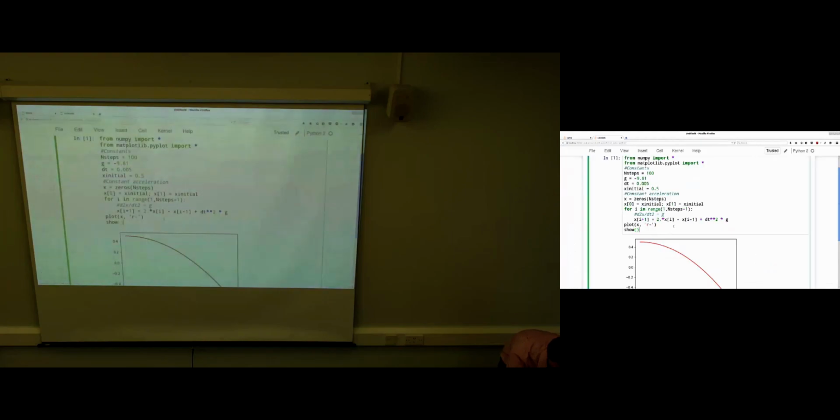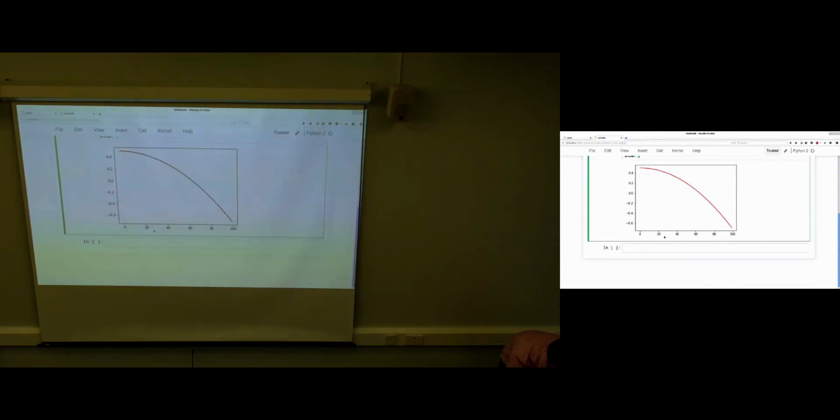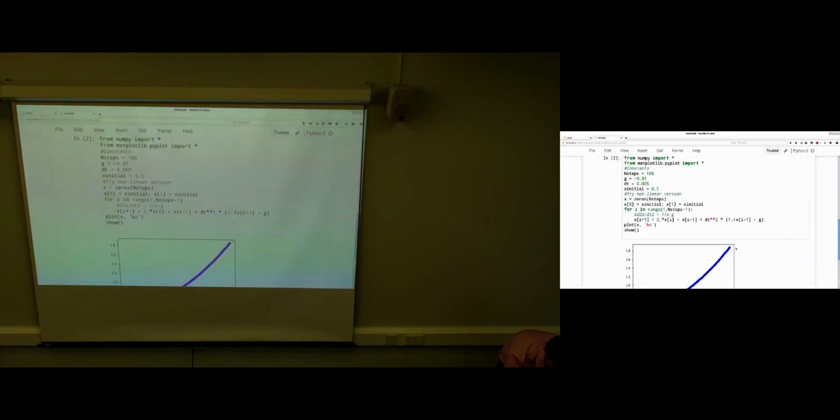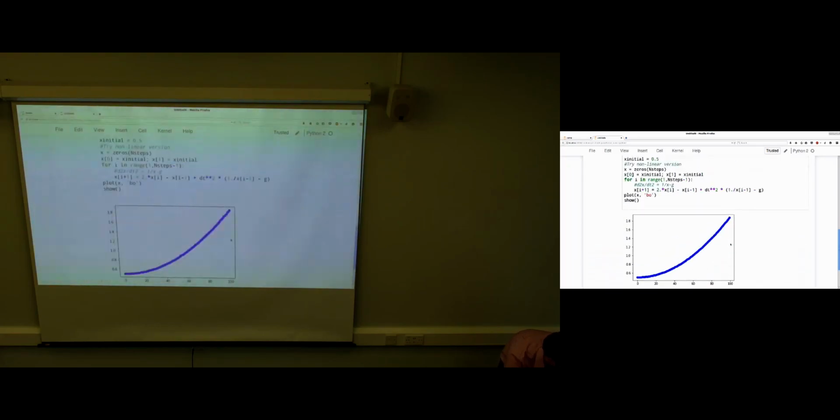Okay, so the next part was to take the same approach, but this time we're adding in an extra term, a 1 over x term. And what's quite interesting about this is that now this is a nonlinear equation, which means that the behaviour we get is dependent on the initial condition we choose. So for example, if we take an initial condition that's 0.01, like this,